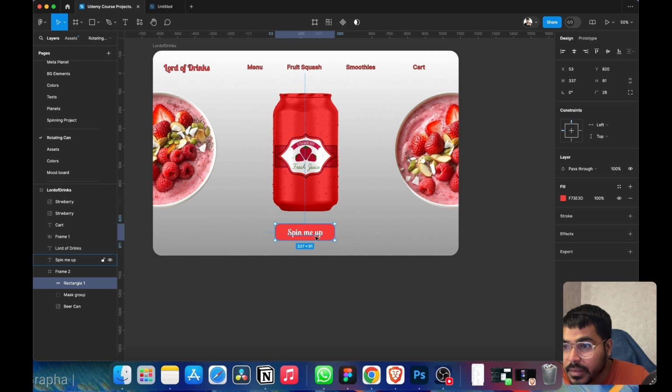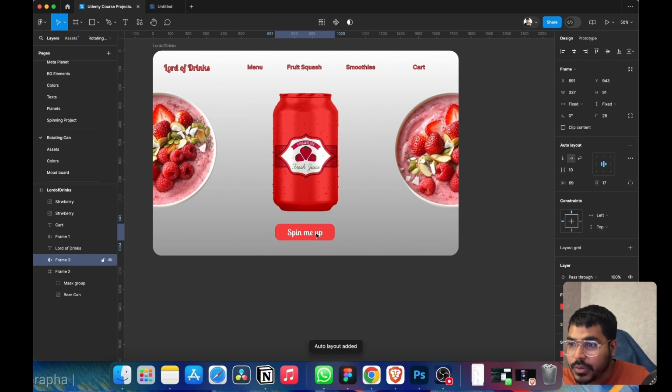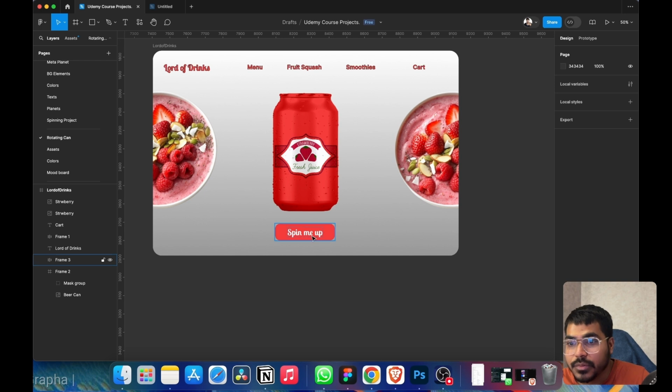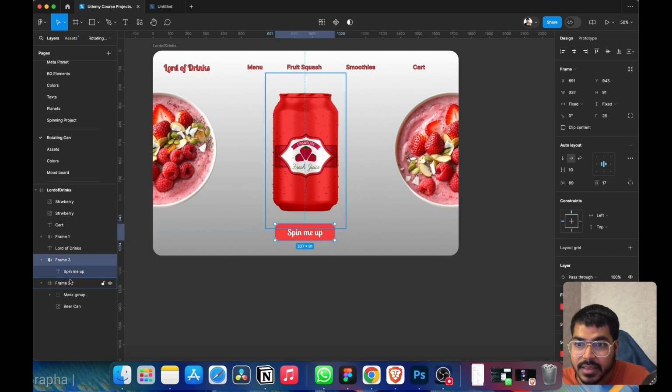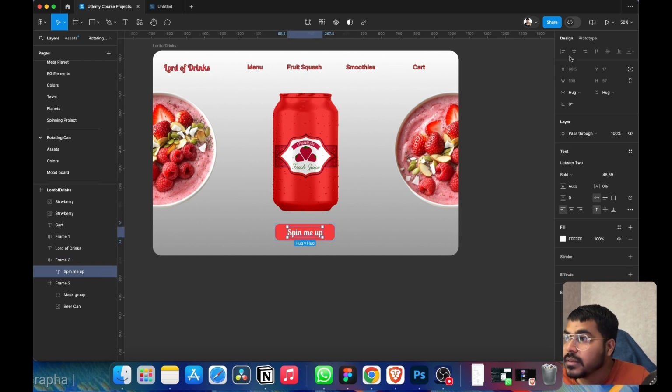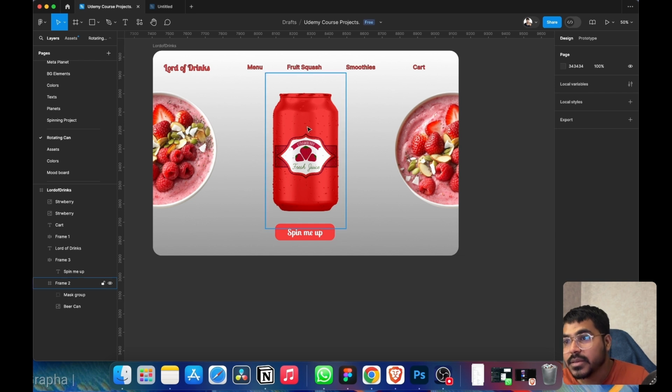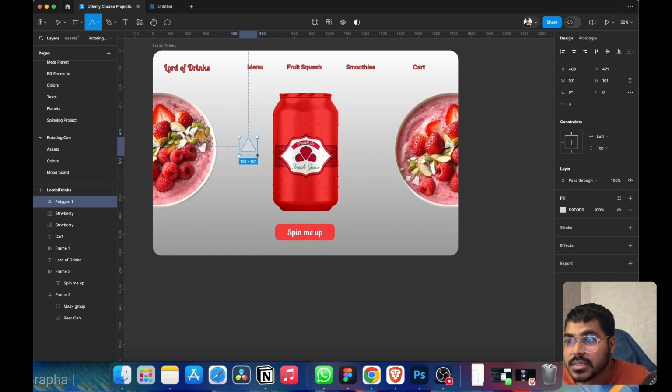And let us now go ahead and create an auto layout for this button. We are going to select the auto layout. Alright, that is that. And let us go ahead and create 2 polygons of about so much size, and